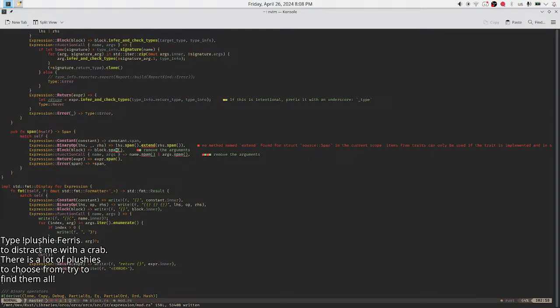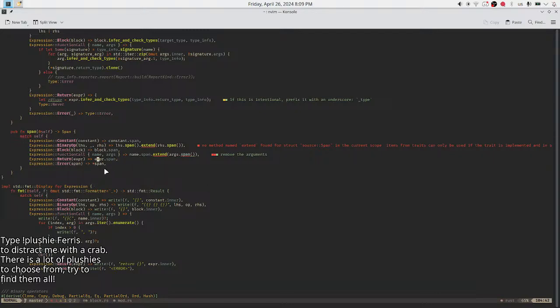Span, block span, name span. To actually use or, I think no, I think just extend. Return just span, not an expression span, but like that. This might be a little confusing because it's a span with the return, but the expression itself is without.